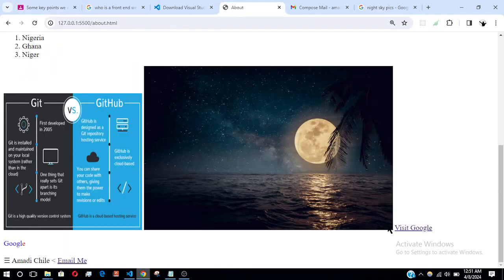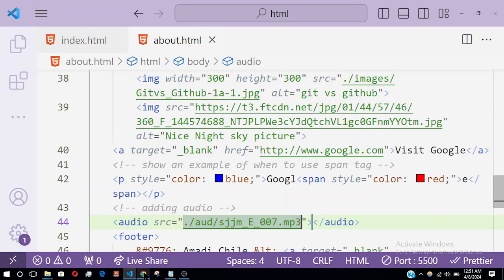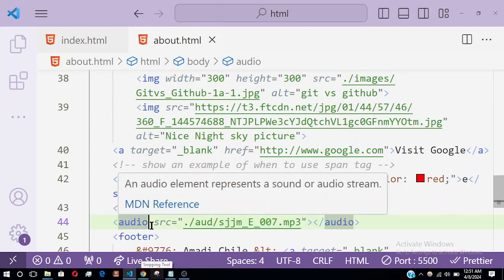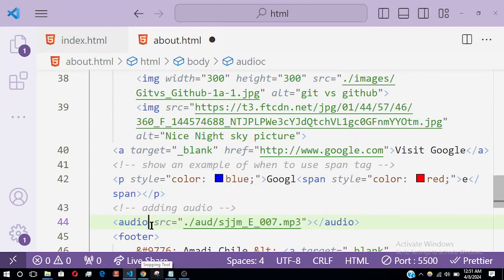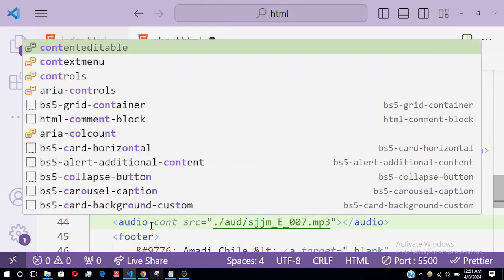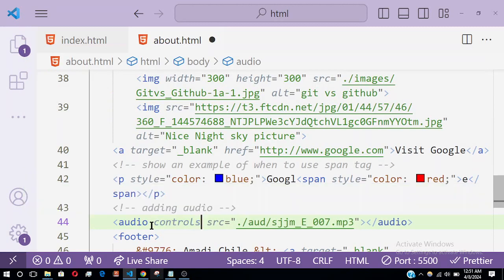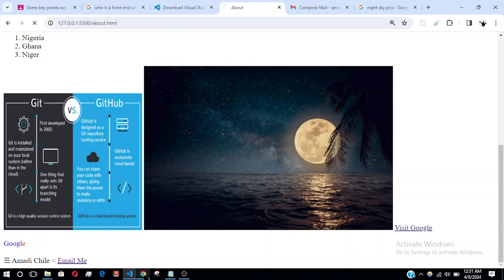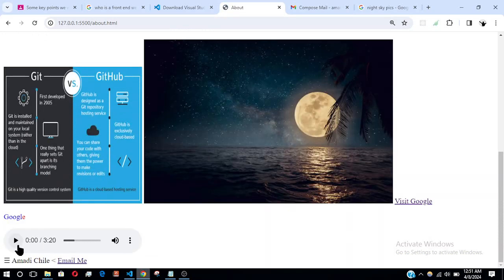Nothing. Now how do we make it to show? We need to add an extra attribute called controls. So if I save that and preview, I'm going to see the audio file. So if I play this now, so that is how you add an audio file